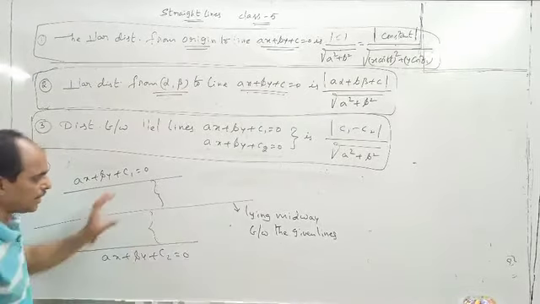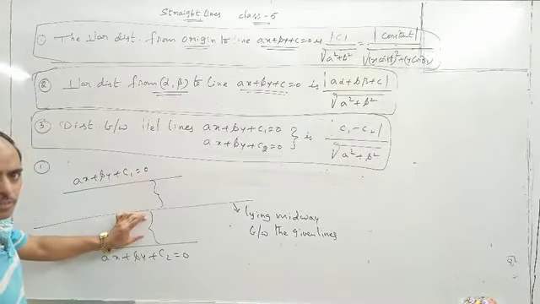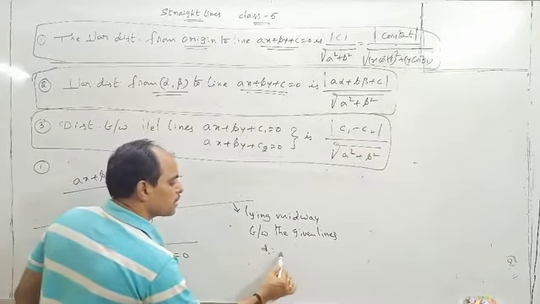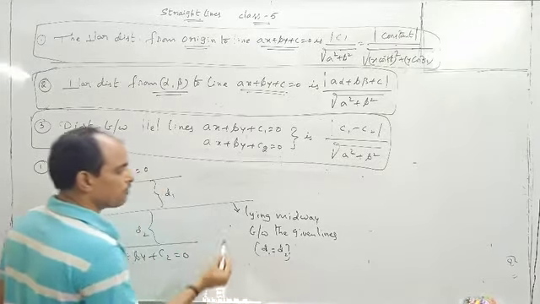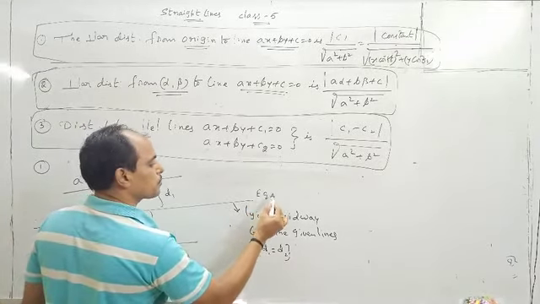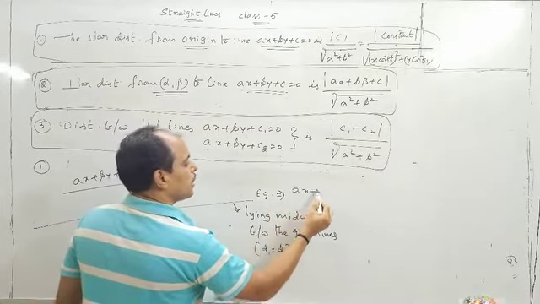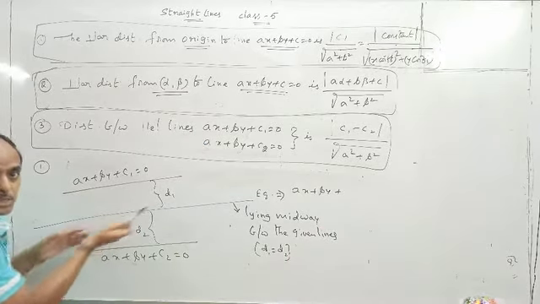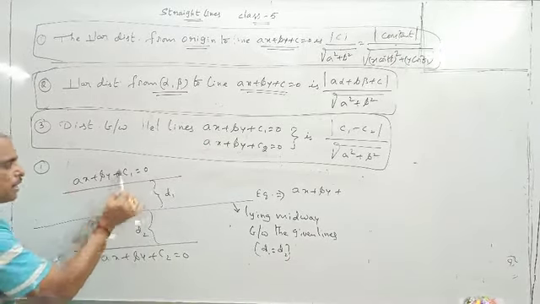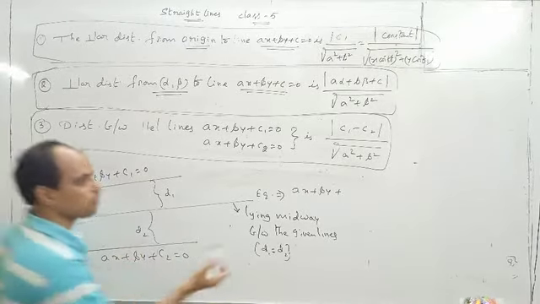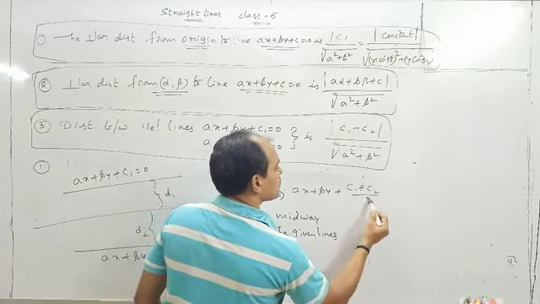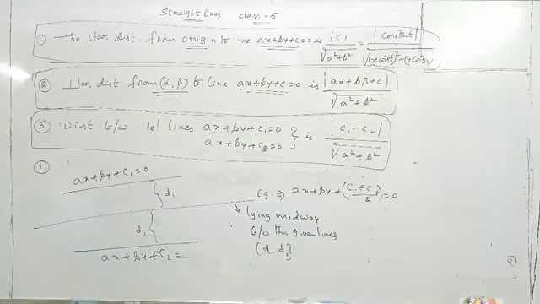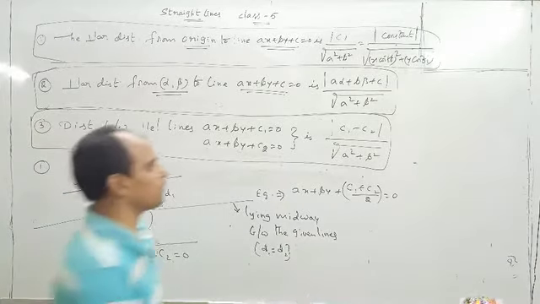Then what about the equal? These two distances are equal. Let it be d1 and this one is d2. That means d1 is equal to d2. Now the equation of the line is ax plus by plus the same, because it is parallel, coefficients are the same. c1 plus c2 by 2, constants by 2. c1 plus c2 by 2 is equal to 0. This will be the answer. Line midway. Okay, I will give an example.